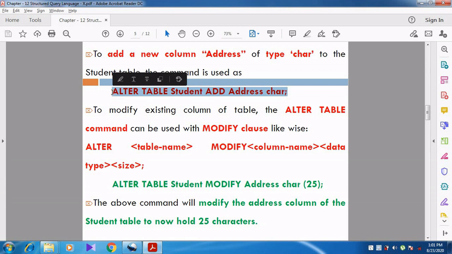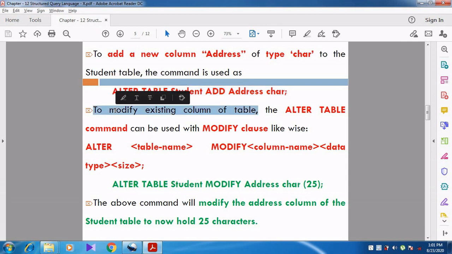Now I am going to modify an existing column of the table. Let us take the same address column. Already I have specified address as a new column with data type character.